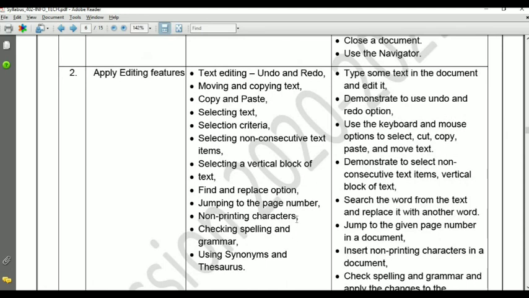So just go through this whole video to understand all of this. This video is divided into two parts. The first part I discussed previously, and this one is the second part. In the second part, I covered only these topics, and in the first part we covered those topics.